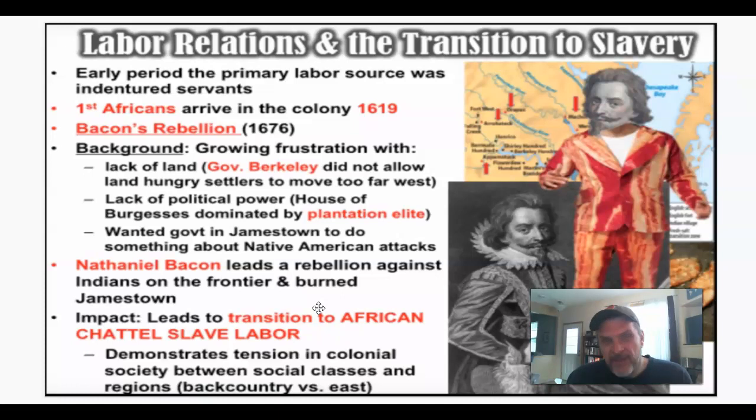Okay, and then a secondary effect, I guess, is that Bacon's Rebellion showed the tension that existed in the colonies, especially in the Chesapeake colonies, between the haves and the have-nots, the different social classes of the regions. In other words, the East Coast, wealthy frontier elite, versus what was known as the back country. Okay, the back country was that part of Virginia and Maryland that was further inland, not on the coast. That was considered, remember, the West back then. Okay, so Bacon's Rebellion is a significant event that took place in